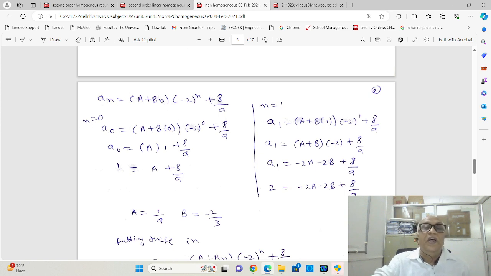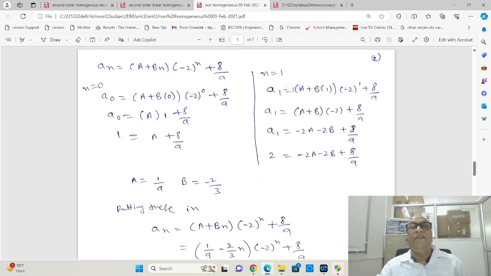Here n value is 0, so b into 0 will be 0, only a will be remaining, and minus 2 to the power of 0 will be 1. So this becomes a multiplied by 1 plus 8 by 9, so a plus 8 by 9. And when I take n equal to 1,